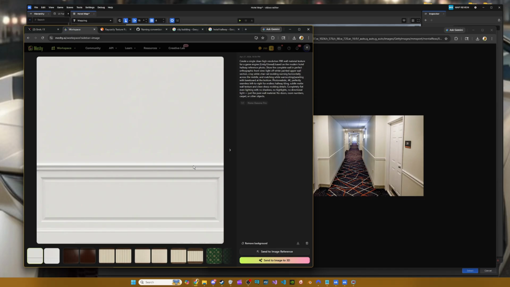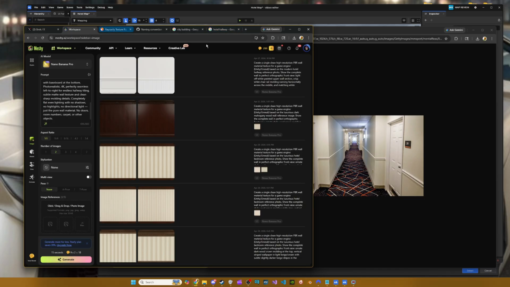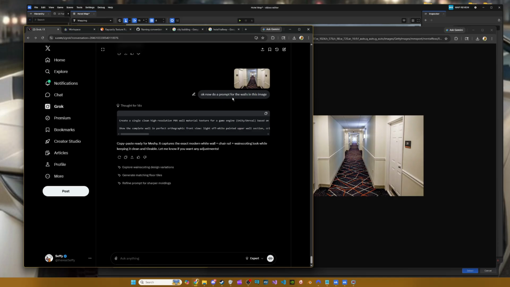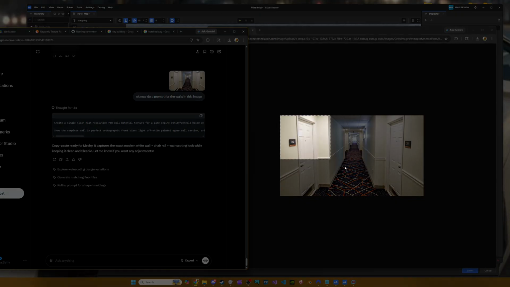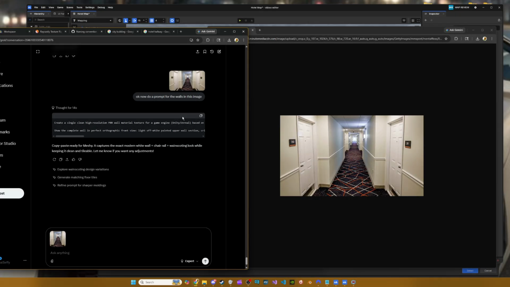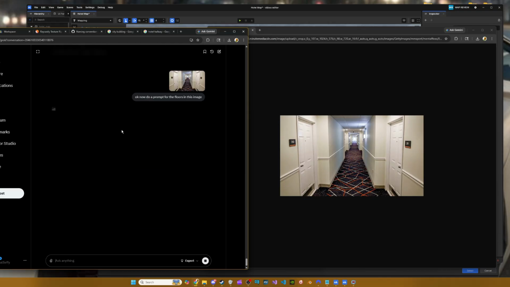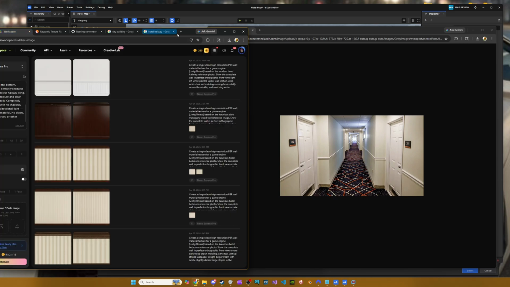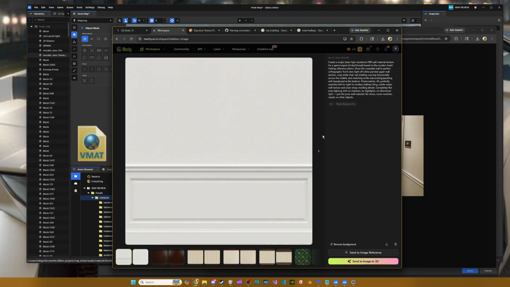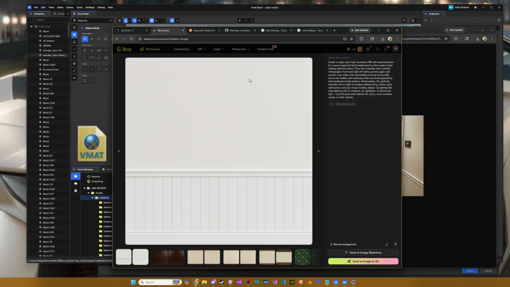So now that we have the image for our walls, we are going to get an image for our floors. We're going to go back to Grok and I use this same image, and we're going to say, now give us a prompt for floors. That's going to work. While that's working, oh, you know what? I'm actually going to use this one because I think it'll tile better. There's some weird artifacts on the bottom here, but I'm not too worried about it. We're going to download this